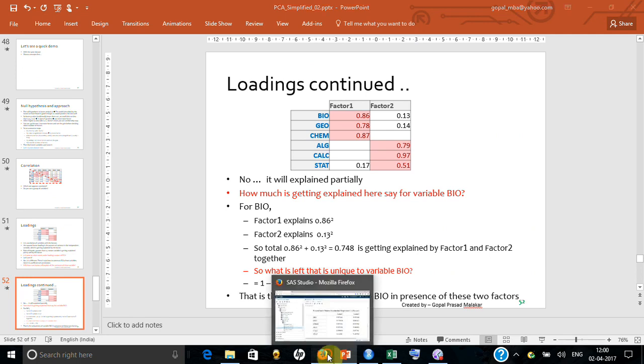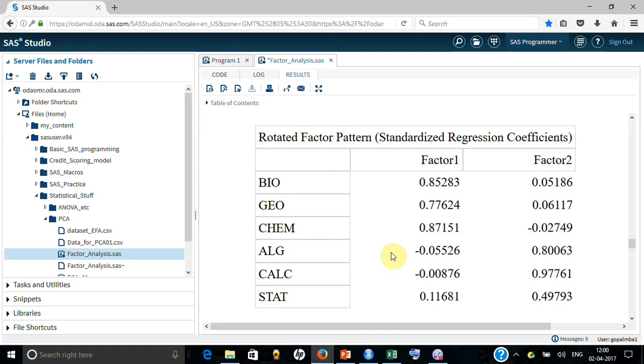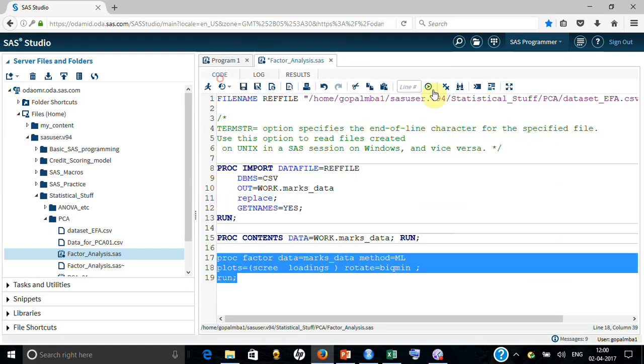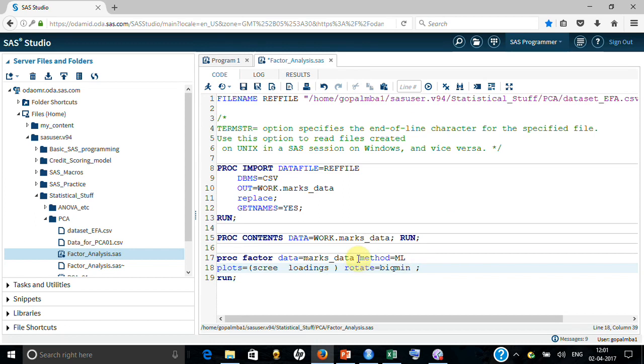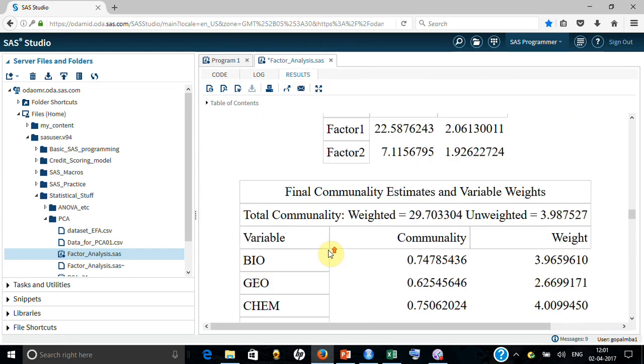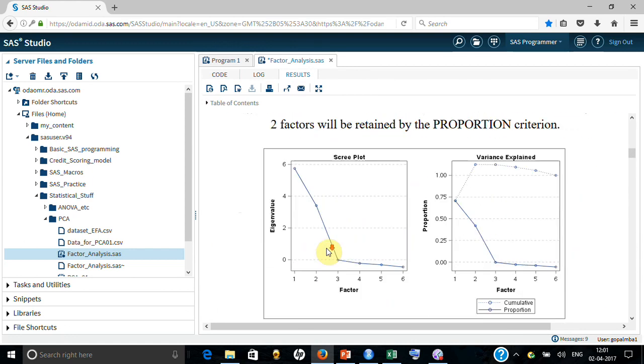The point that I'm trying to say is that there are so many methods and so many options available. Here you have many methods available, many rotational methods available. But if you just go ahead and apply common sense, everywhere you'll find that the scree plot tells you how many factors you should be taking.